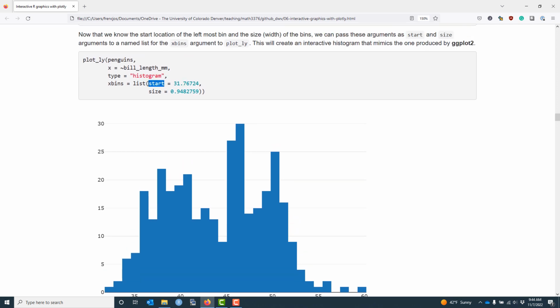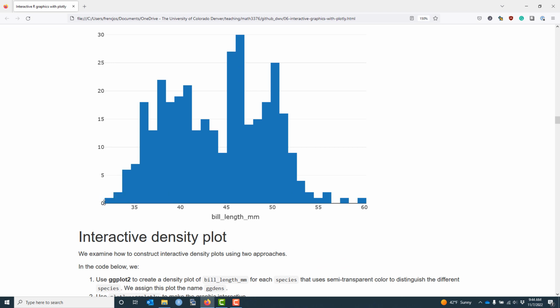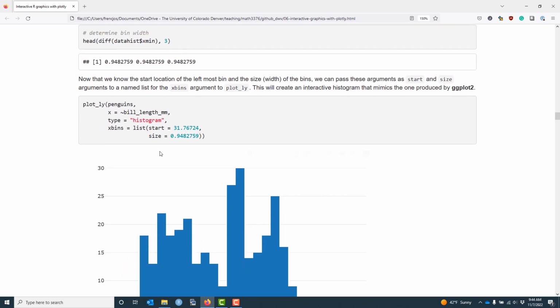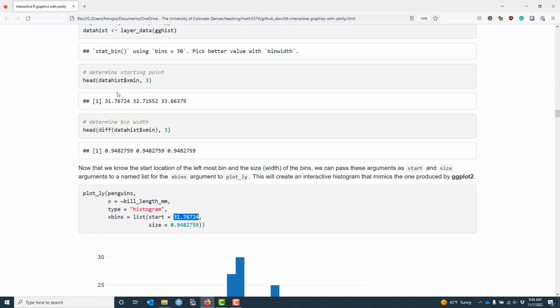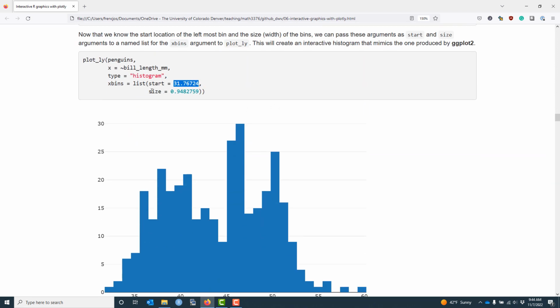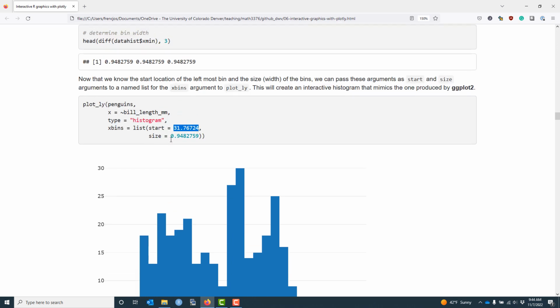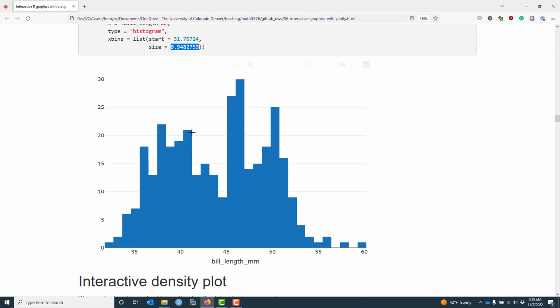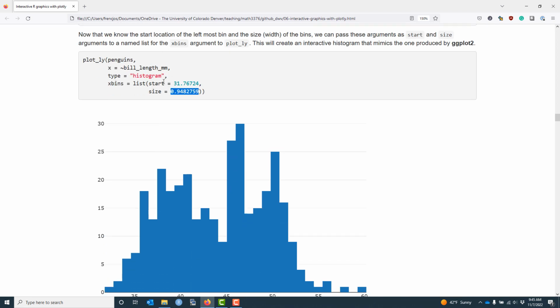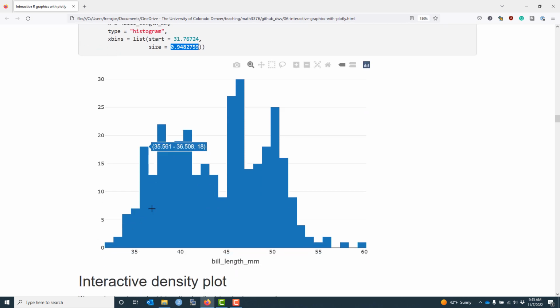And the two pieces of information that I need are start, which is going to be the lower left endpoint of the histogram, which is 31.76724. I got that from up here. And then size, which is going to be the width of the bins, which we have previously computed to be 0.9482759. So I add that information to my plot_ly function, and when I run that code, I get this histogram right here,